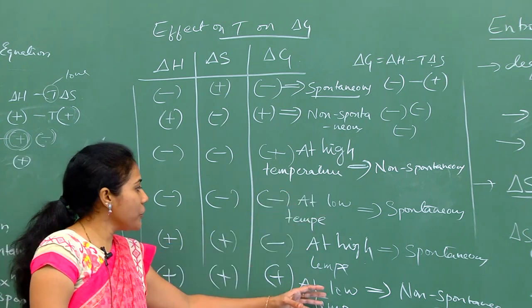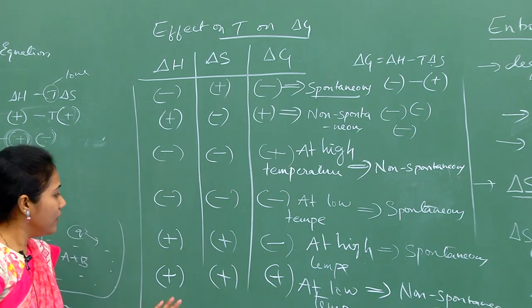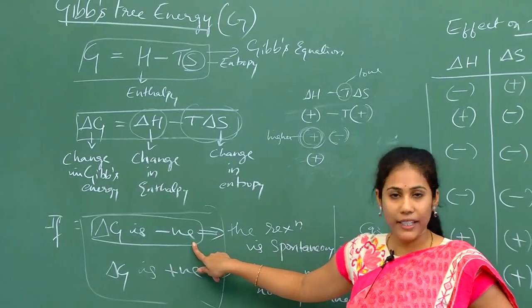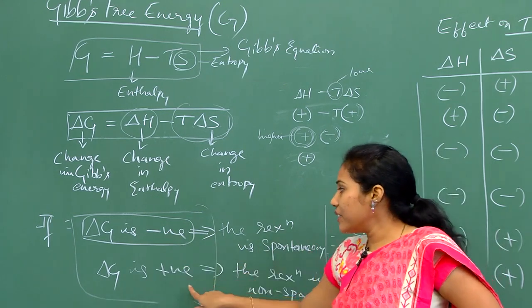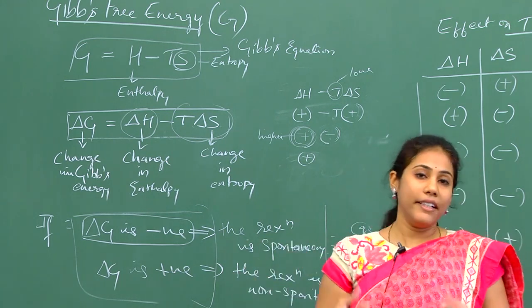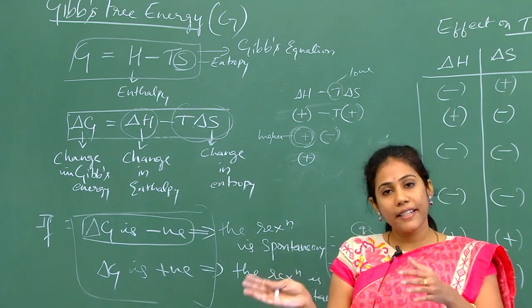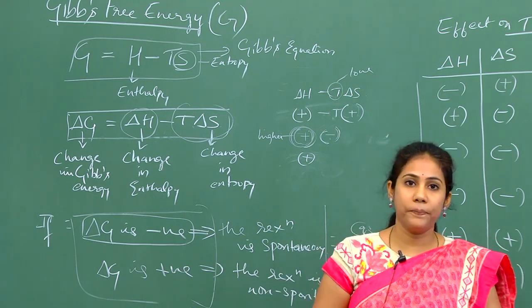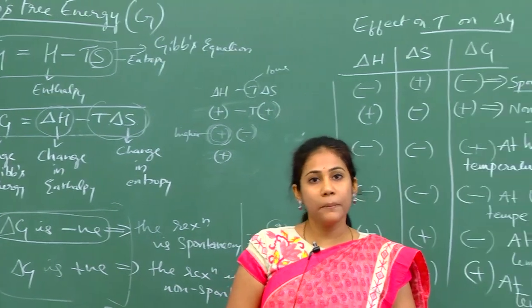Okay. Depending on the temperature, you will get negative sometimes, positive sometimes. Anyway, the most important thing that you have to remember is this condition. Just stick to this condition. If delta G is negative, the reaction is spontaneous. If delta G is positive, the reaction is non-spontaneous. Okay, so this is the ultimate criterion in front of us to tell whether a reaction is easy type or difficult type, that means spontaneous or non-spontaneous. So this is all about spontaneity, and this completes our chapter on thermodynamics and thermochemistry.